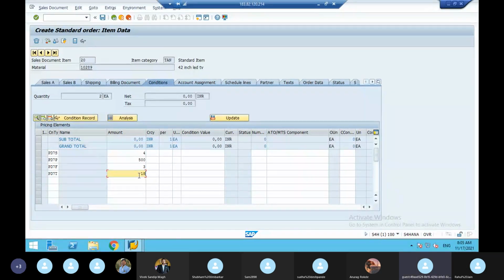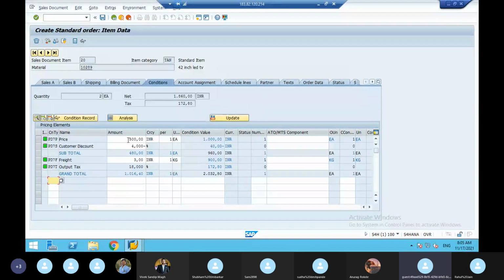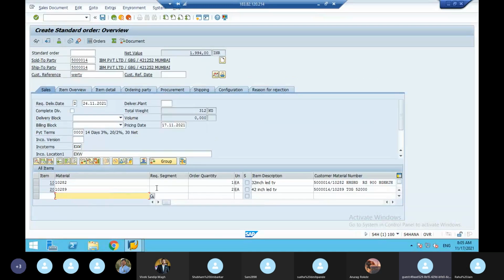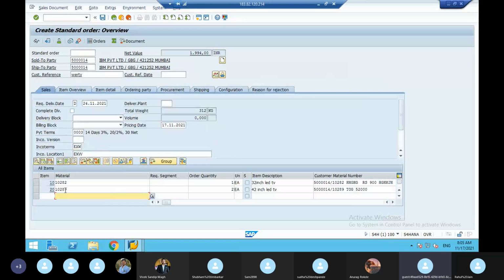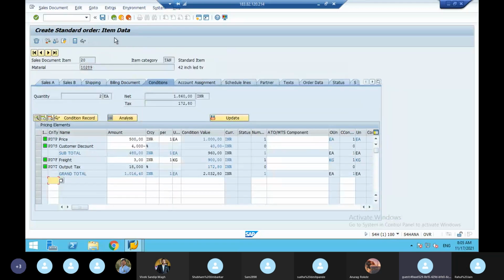The moment you enter here, see, it has taken for this material. Second material, it is 1089. Same, all group condition is triggered, the pricing values will come. In the same way, another material. So all the materials one by one, when you enter here, the pricing value you maintain, if the group condition is triggered, all the values will appear. See here how the pricing value has come. All these condition types have group condition maintained and are grouped. Next, second material, how these values will come, because all these condition types have group condition triggered.